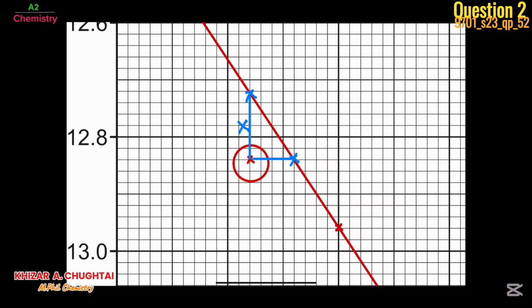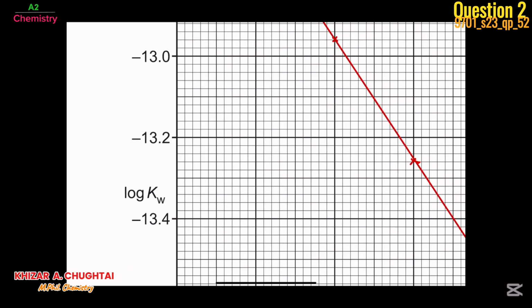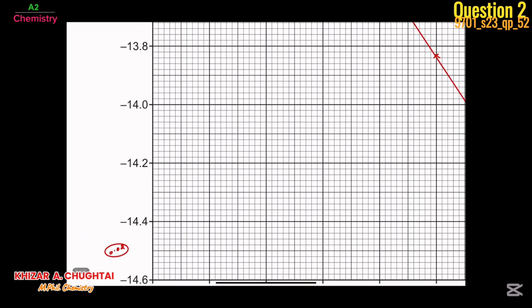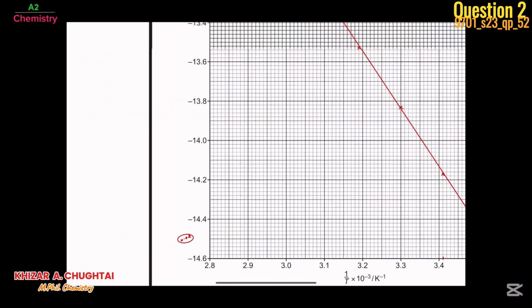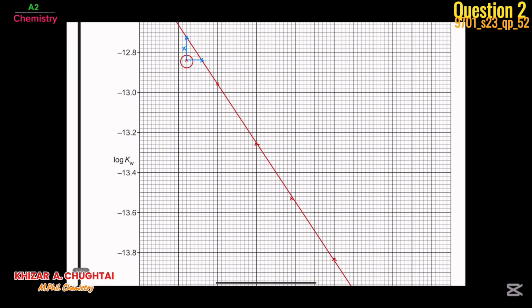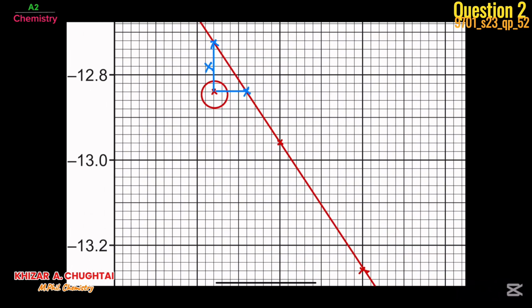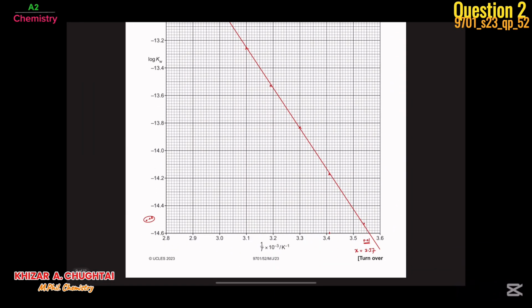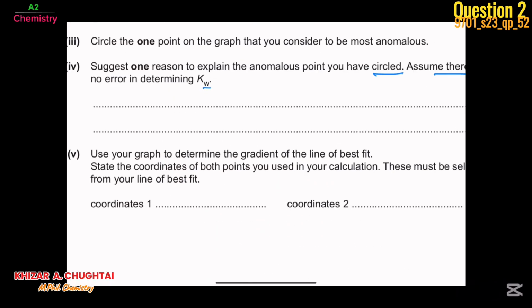I mean, this spot originally should be located over here. So that is because of the wrong temperature measurement. And here, temperature was measured too early. So originally it should be over here, and that is at high temperature. This spot is at low temperature. At low temperature, the spot was taken or measured. So basically,